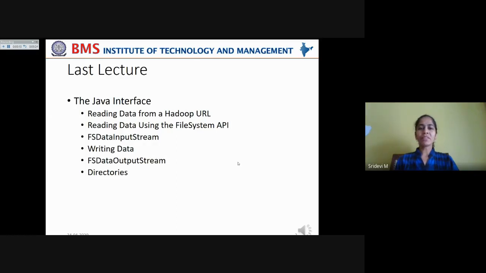How we can implement seekable and position readable interfaces under FS data input stream, and also how to write the data to a file on HDFS cluster, which is read from your local system, and FS data output stream, how it works, and why HDFS doesn't support random writes to a file, and how to work with directories.